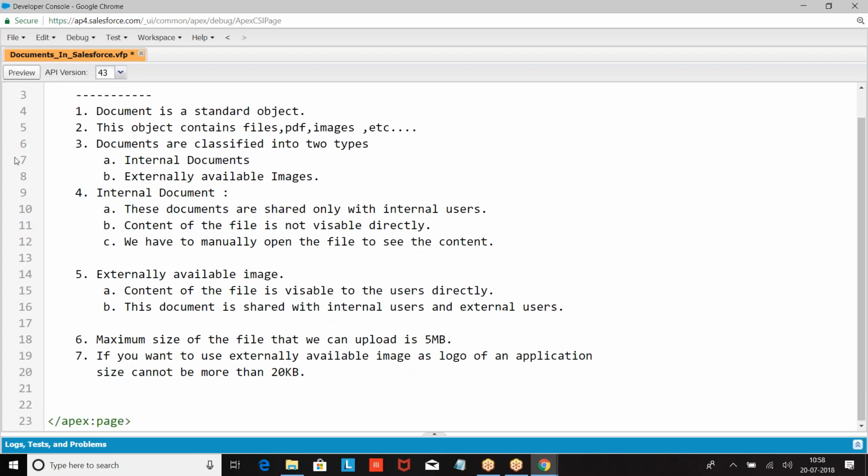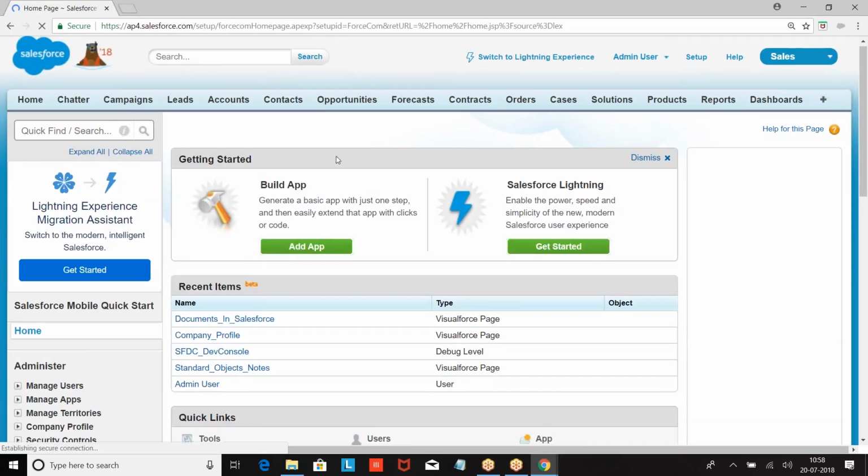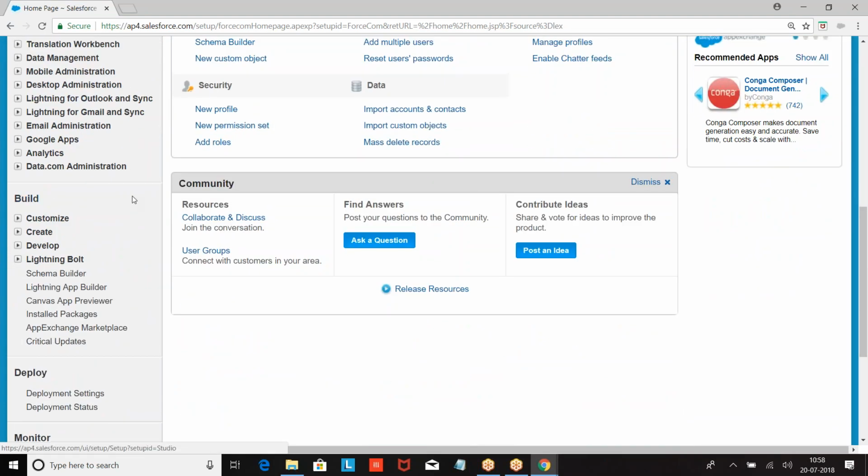Right. Now steps to create a new document. Look at the navigation, everyone. Setup, build, look at the format.